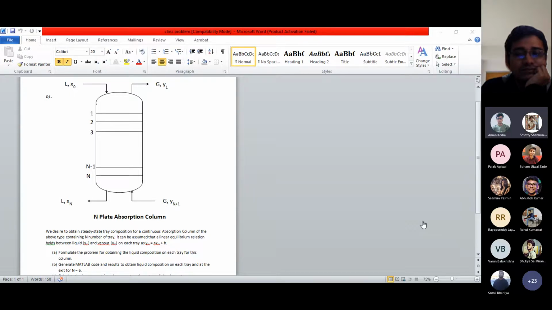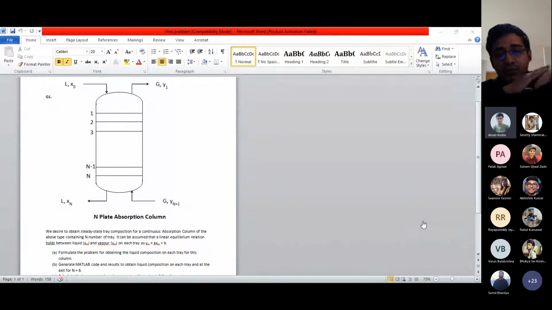Like, there is absorption at each stage because of the liquid and the gas contact. That is fine. So can you write the equations if you have gas phase, liquid phase, and the solute is present in both phases? On doing material balance, you get y n plus 1 minus y1 is equal to L by G into x n minus x naught. Very good. So these are the major equations that you have to repeat across each tray, and also at the tower entry and tower exit.